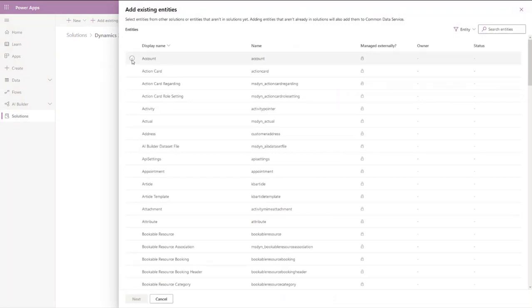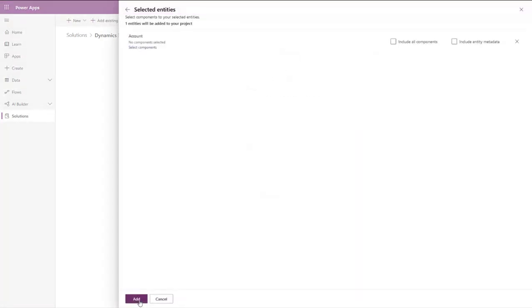Select Account, click on Next, and then this is where I can select different components as part of that entity. Components being existing fields, existing forms, views. I know that the form already exists against the account entity, so that is the only thing I want to add in here. So if I select Components,